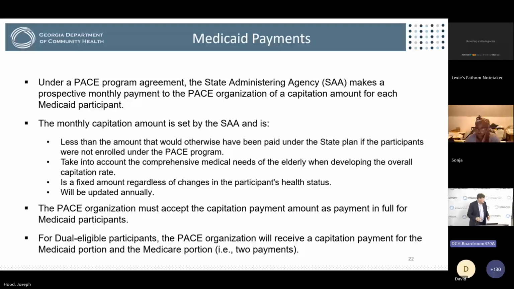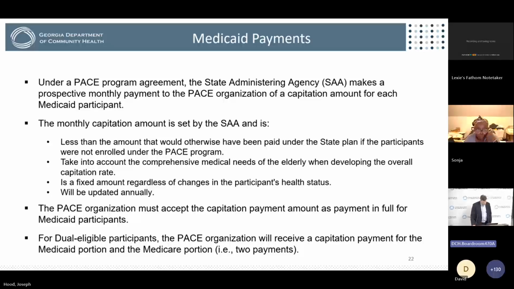So, this is very important because some folks might understand that in Georgia, in a typical CMO and other fee-for-service environment, we would, for example, have non-emergency medical transport as an independent contract, or pharmacy or other things that are independently contracted. That's not the case here with PACE. Everything is contained and expected to be fulfilled within that amount that the provider is receiving on a per member per month basis.